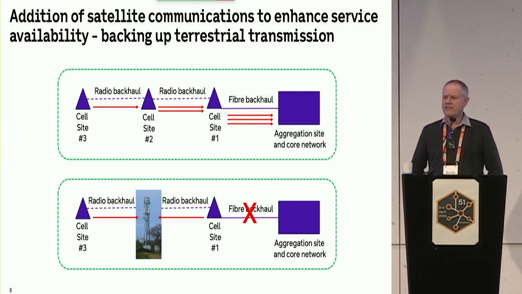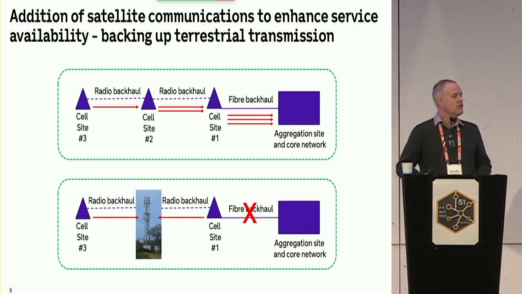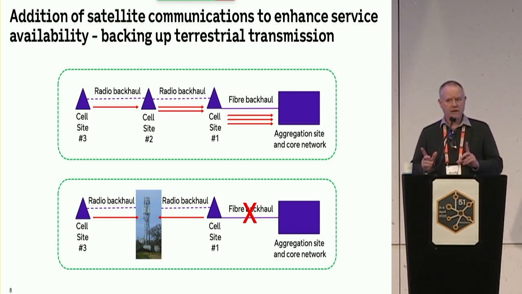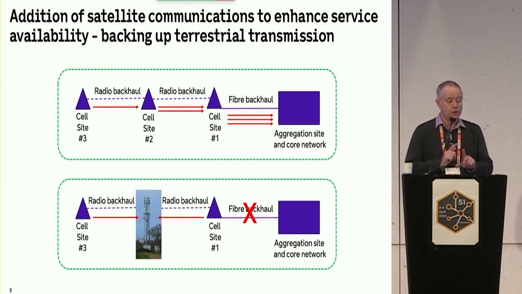Now, if we lose 3 sites, chances are we've got a coverage hole. Generally, on a cellular network, generally, not always, if you lose a single site, you've got overlapping coverage. So you've generally got some coverage, particularly outdoors. So what we're actually doing here is protecting against that loss of coverage by deploying a SATCOM capability to cell site number 2. So we lose the fiber, cell site number 1 then just routes its traffic the opposite direction